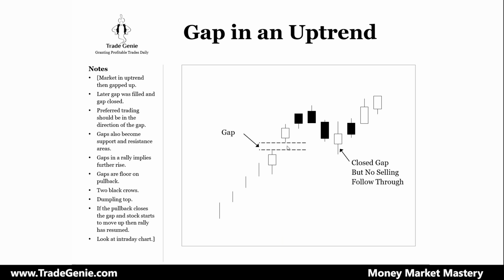So try to analyze the middle of the gap, provided the gap distance is not wide between the close of the previous day and the gap. If the distance between this and this is not wide, then this could be the support. If the distance is wide, then the midpoint could be the support. So look for the midpoint. If the 100 is here and 105 here, the midpoint would be 102.50. So the market may just pull back to 102.50 and then rise upward.